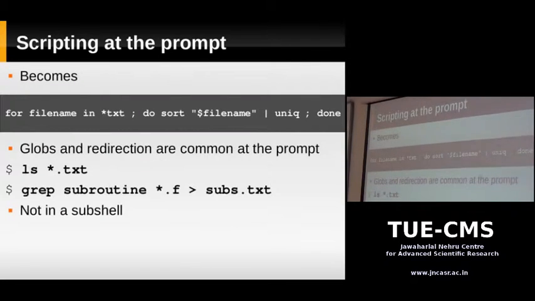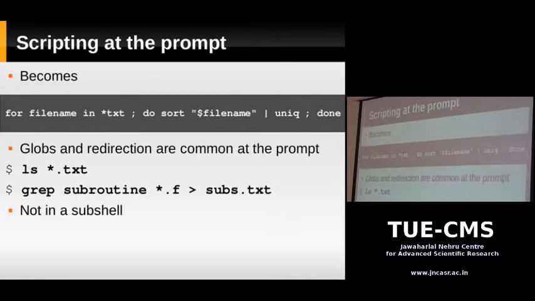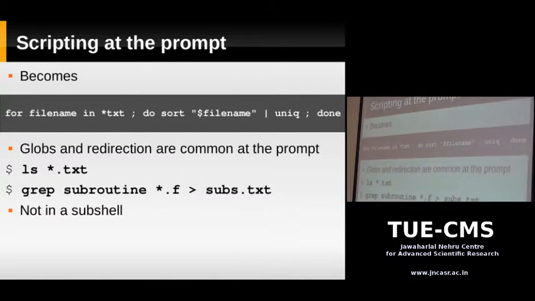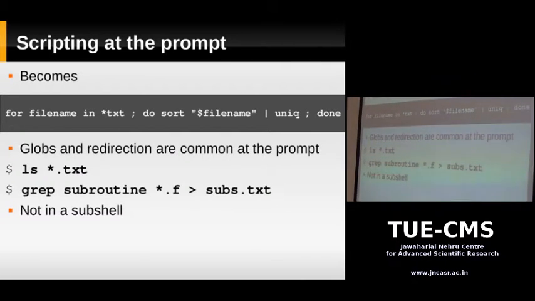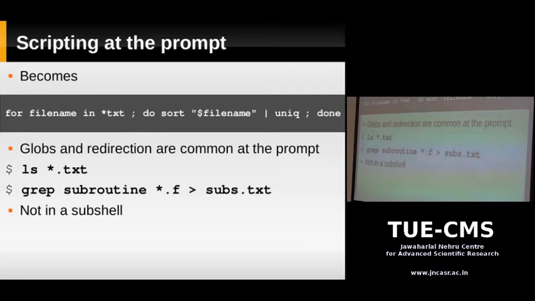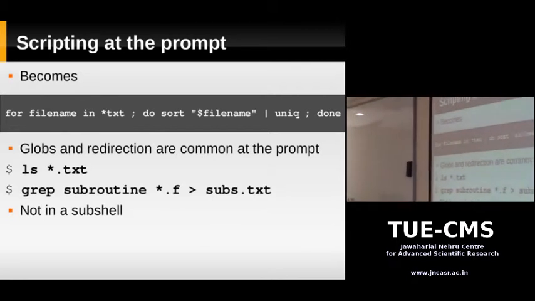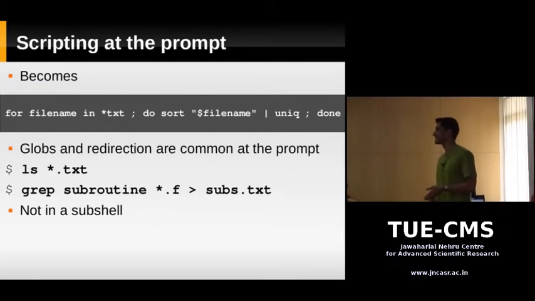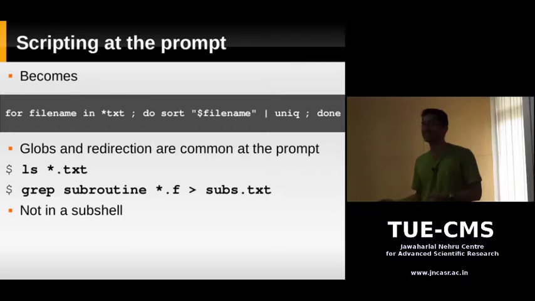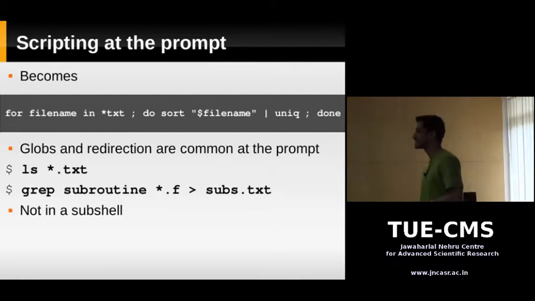Vishal, when you wrote that for loop and you said done, it executed out of the shell. What if I want to put another for loop after that? You want to put two for loops on the shell. You would have to execute it after that, because anyway it's going to execute after that. Maybe there's a better way. Like I said, if it's something complicated, you're better off putting it in a script.